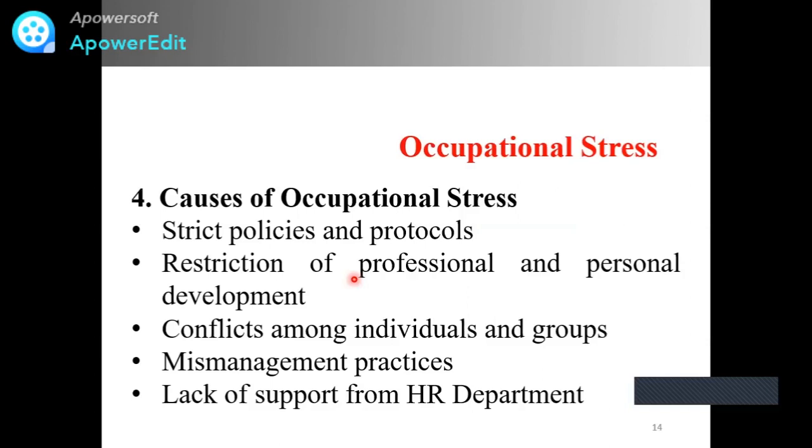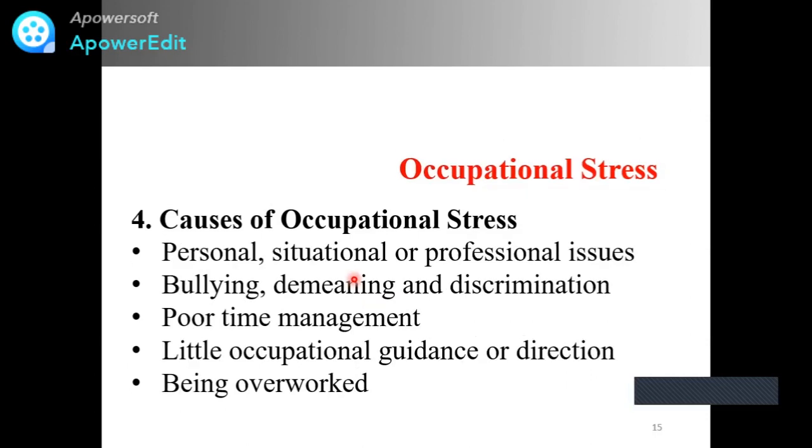Some major examples of occupational stress are strict policies and protocols, restriction of professional and personal development, conflict among individuals and groups, mismanagement practices, lack of support from the HR department or HR policies, personal, situational, or professional issues,